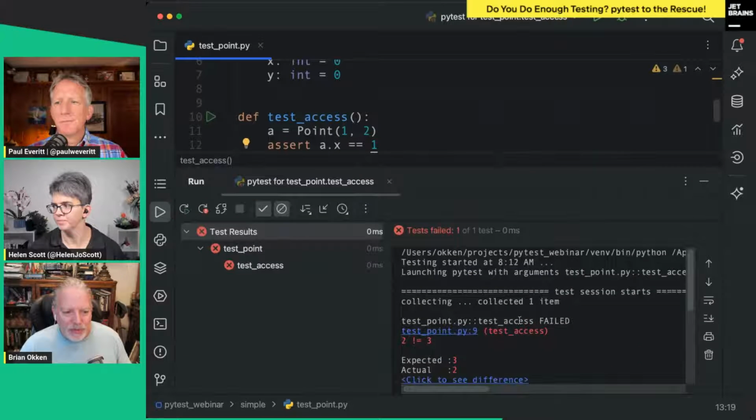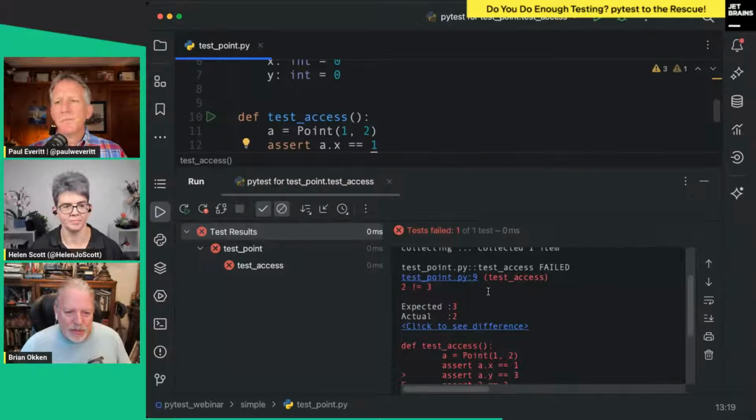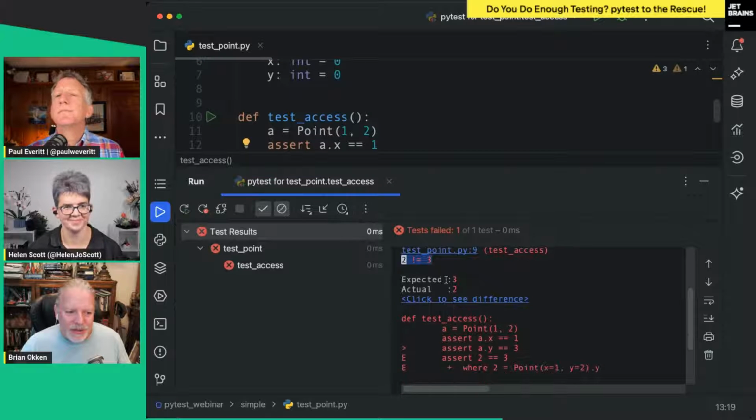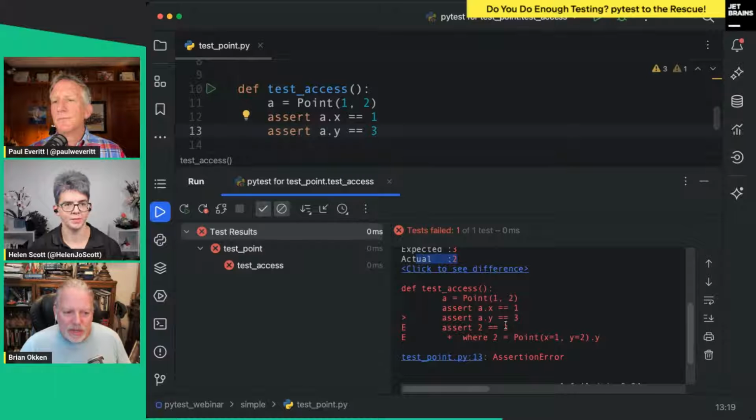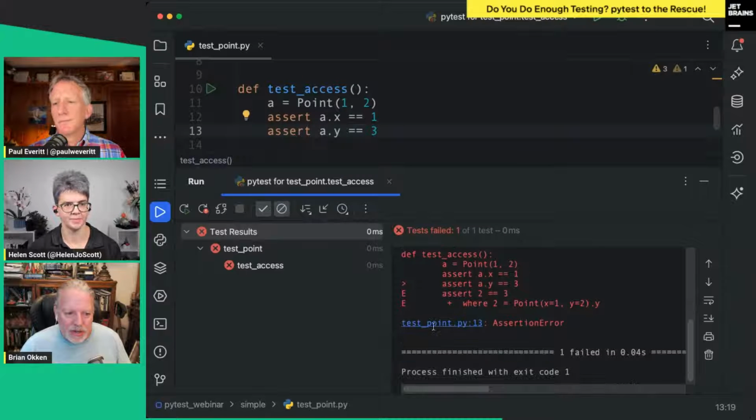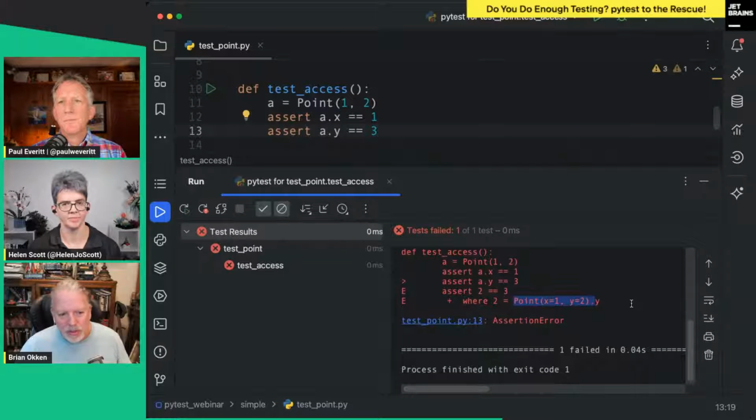But if we didn't know what was going on, PyTest will tell us directly, hey, 2 is not 3. It said we expected 3, but we actually got 2. And then it tells us directly where, in the traceback, and that's really pretty cool. It exactly shows us what we were trying to do and where the failure was.